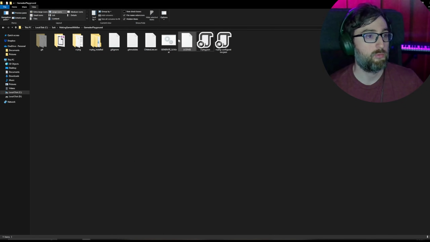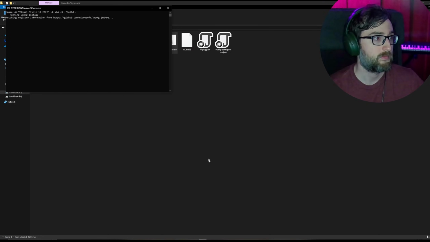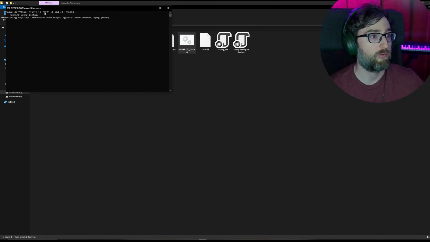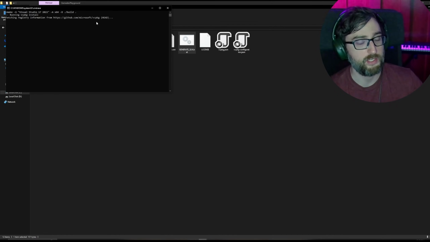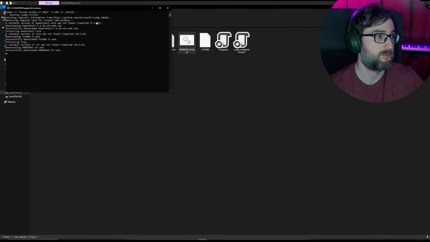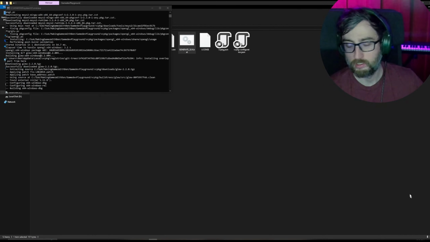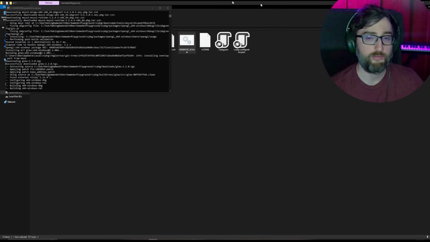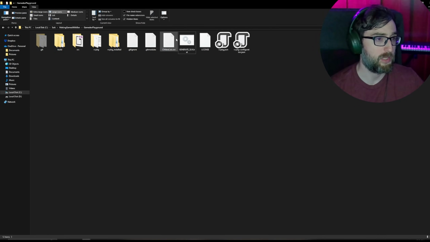So now when we run generate solution, it's going to run vcpkg install, and it's going to basically just fetch all of the dependencies that we added. So it'll grab SDL3 and it'll grab glue and install those. So I'll wait for these to finish. Now this might take a while, and before I forget, I want to actually mention there is one small issue,